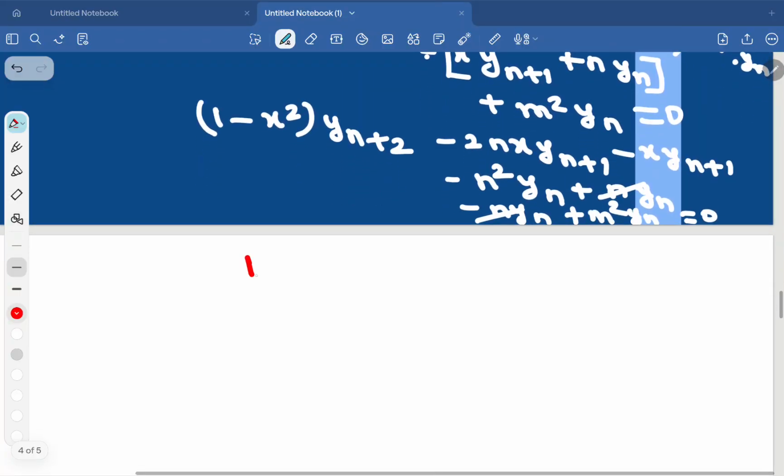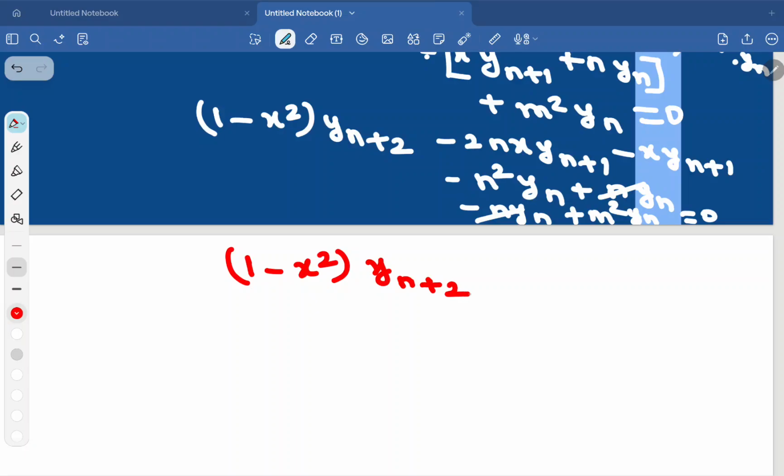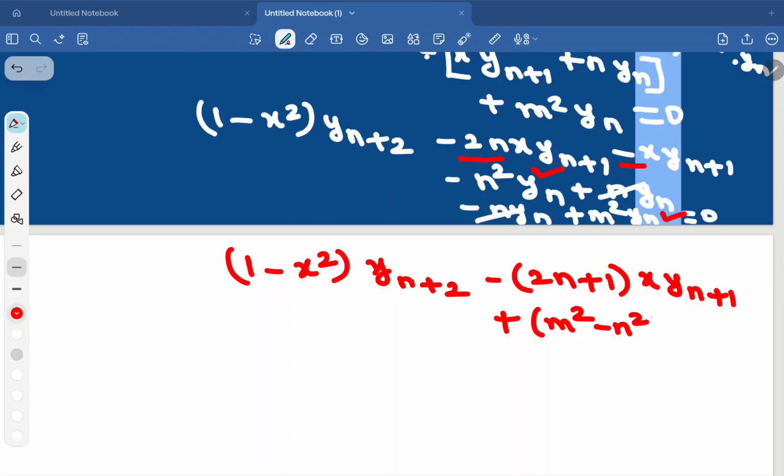Therefore, remaining term: 1 minus x square y n plus 2 minus of 2n minus 1, take minus outside, 2n plus 1 x y n plus 1. Here m square yn, here minus n square yn, plus of m square minus n square